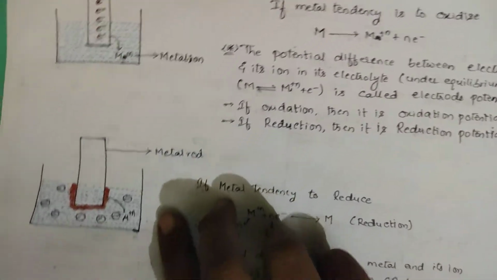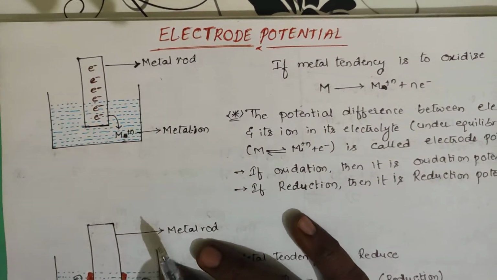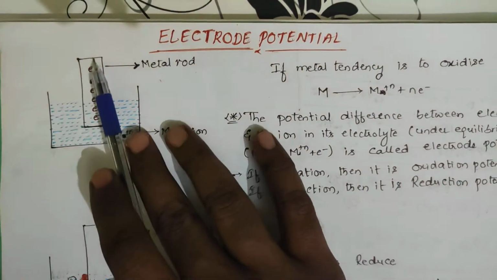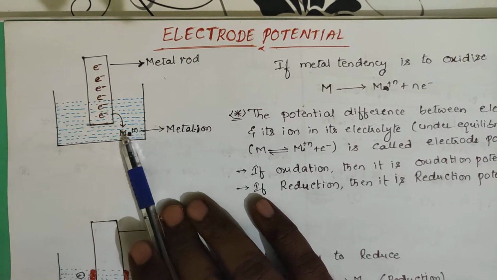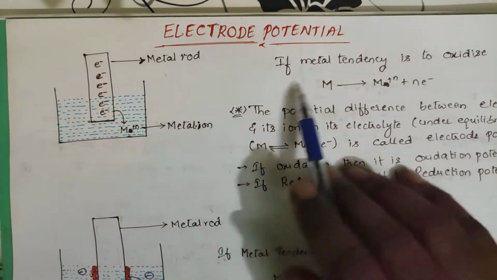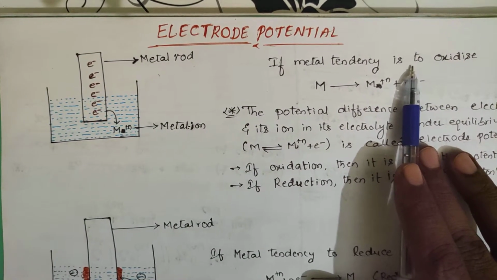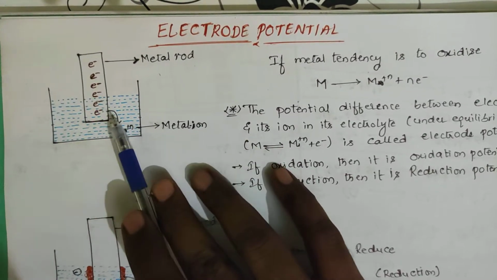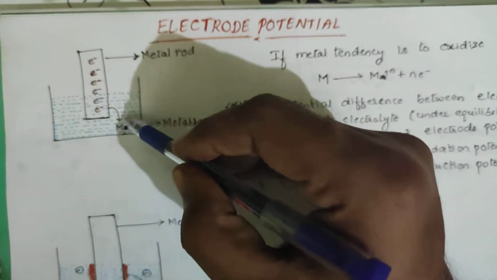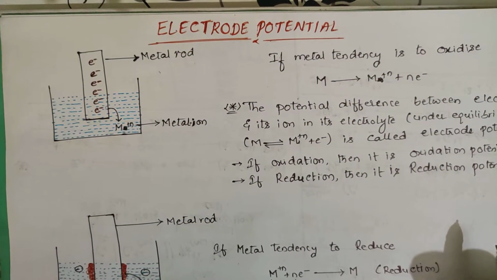And the next content we are going to deal with is electrode potential. Electrode potential is defined in this pattern. Suppose you take a rod and dip it in a container having that metal's ions. Suppose this metal has the tendency to oxidize, meaning it is ready to lose electrons. What happens? As we have already learned, it will be disintegrated so that it comes into the solution, and electrons will be deposited on the rod. That means the electrode is getting oxidized.